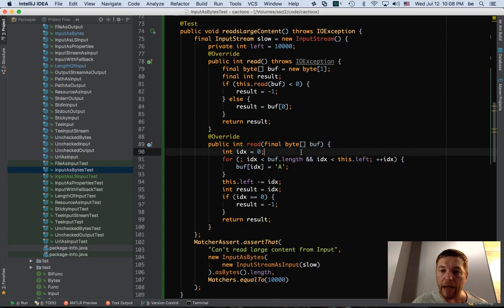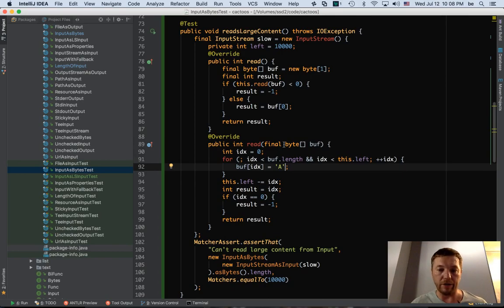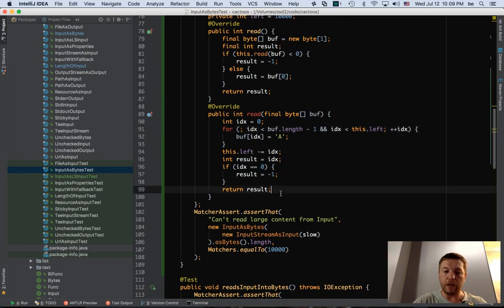So what we actually want to do, we want to reproduce the slow behavior of the data coming from the source, from the real source, from the network. How to reproduce that? We must not fill the buffer entirely. So here, if index left, then left, if it's less than buffer length -1. Let's put it this way. So we're going to fill the buffer, not entirely, but less than 1 byte. So it's going to be always 1 byte not filled entirely. And let's see what's going to happen now.